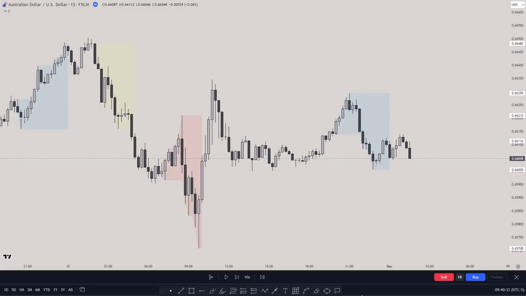And one of the other issues that you're already having is not being satisfied with the basics. You're looking for something that is fancy and that is new and complicated also. You're not really focused on the main concepts, as I always say, liquidity and fair value gaps. This is how I scalp based on liquidity and fair value gaps. So we're going to be focusing on quality more than quantity.